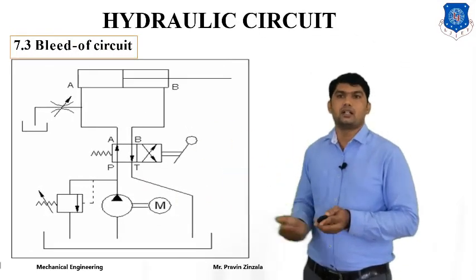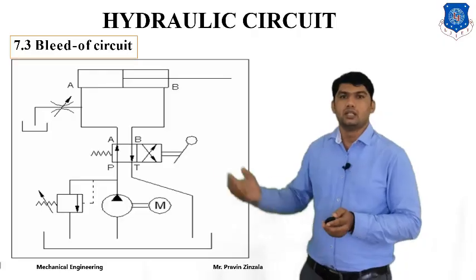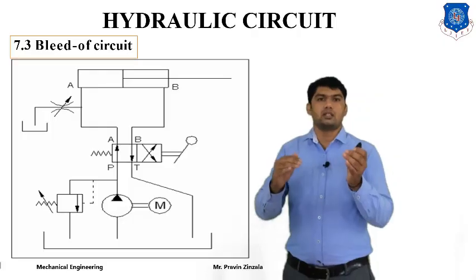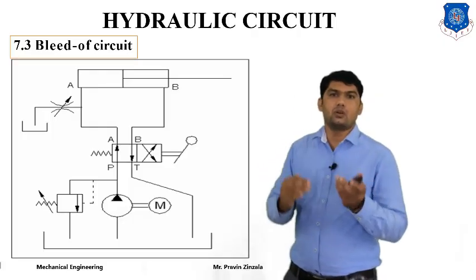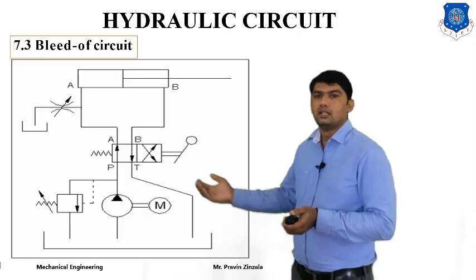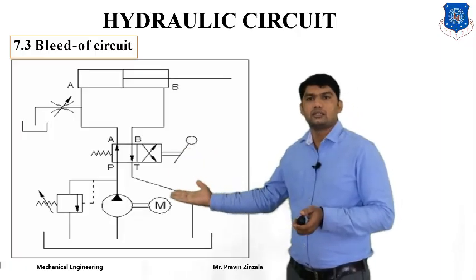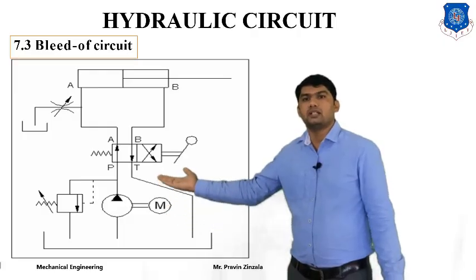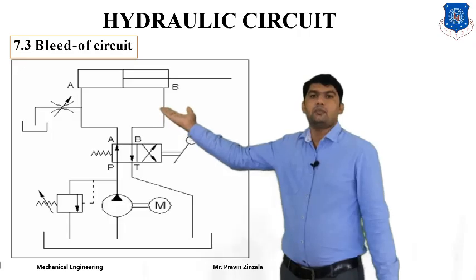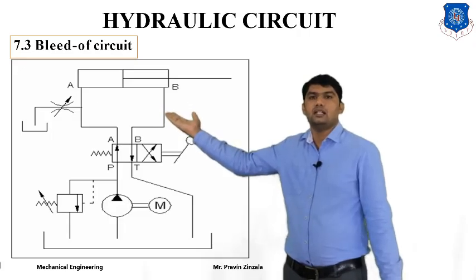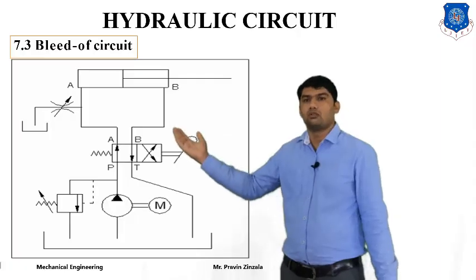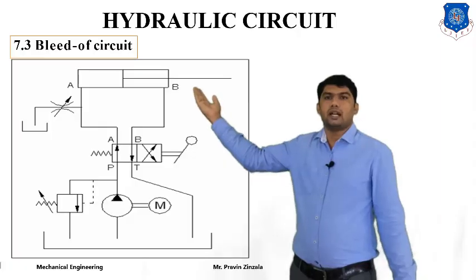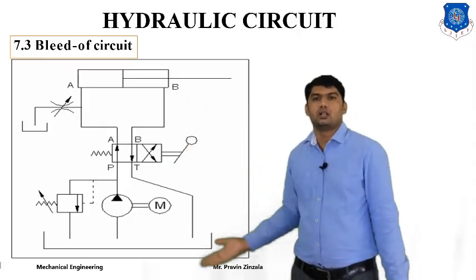The third circuit for speed control is the bleed off circuit, meaning we can pass some amount of fluid to the reservoir, and by controlling the flow rate we can control the motion of the cylinder. This is the 4x2 direction control valve. This is the power plug. Whenever we start our hydraulic pump, it will supply pressurized fluid to the A side and it will be passed to the flow control valve, which is a variable restricted flow control valve, and our piston will extend, and fluid from the right hand side B goes to T and T to the reservoir.